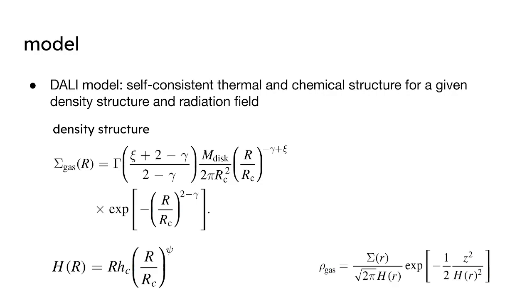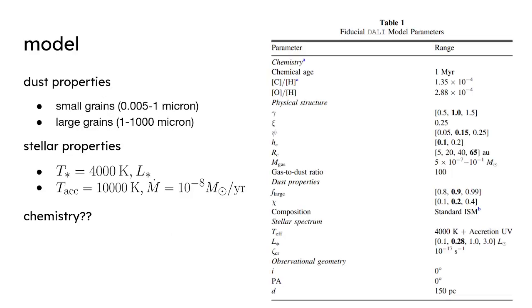If you start considering real hydrostatic equilibrium, it will converge to a very different one. Anyway, that's that. Then they also consider, as for dust, two populations of grains, small and large, and